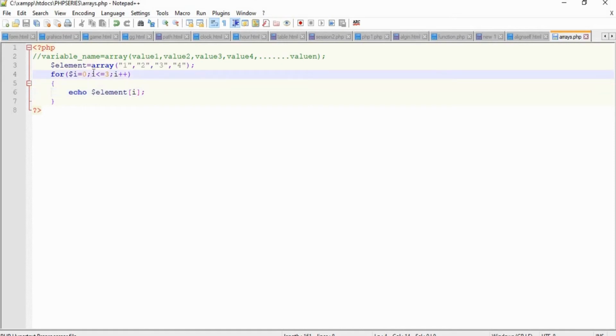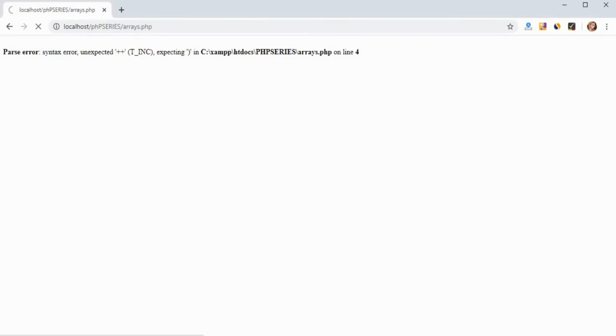So we have missed the dollar symbol for the variable, just add the dollar symbol and here also add the dollar symbol, right? So now again reload the program. We can get the output as 1, 2, 3, 4, which is array of 0 is 1.